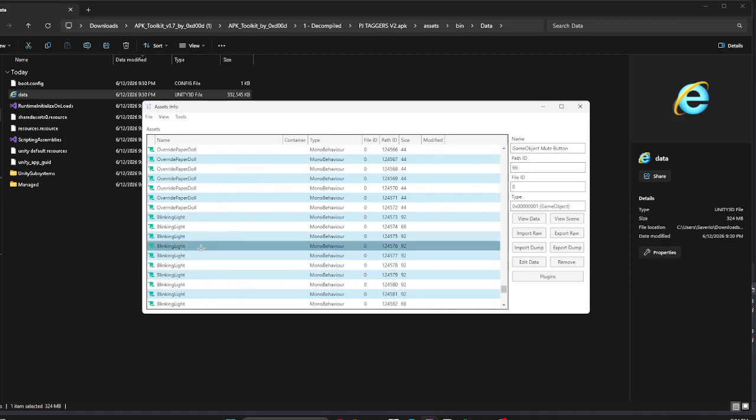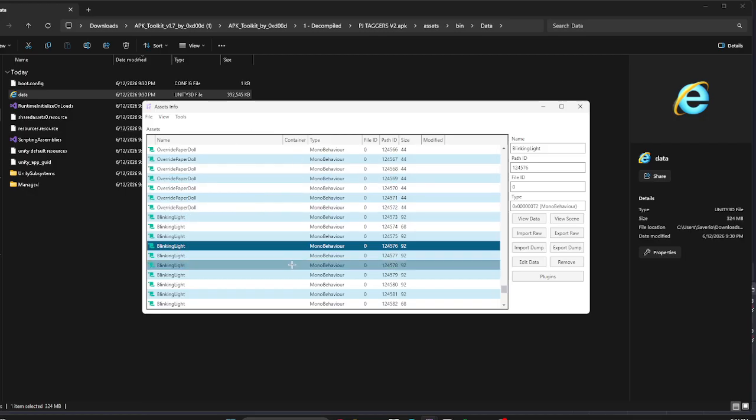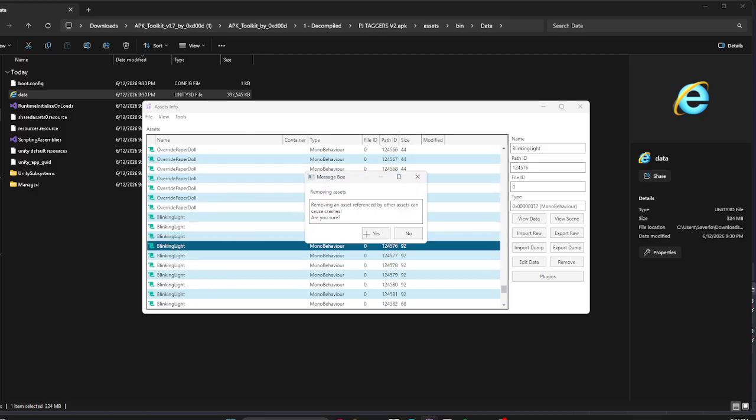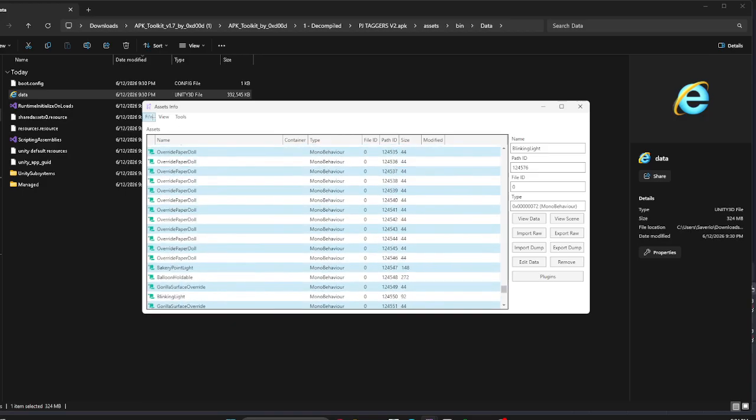If you find an anti-cheat, let's say this script is an anti-cheat, when it has this little green logo, that means that this is a script. So let's say this is called anti-cheat, and if you click edit data, it's not going to let you look at it. It's going to say asset failed to whatever. So let's say this is an anti-cheat, click remove, click yes, but I'm going to click no because that's not an anti-cheat. But now once you've done that, you want to click save,